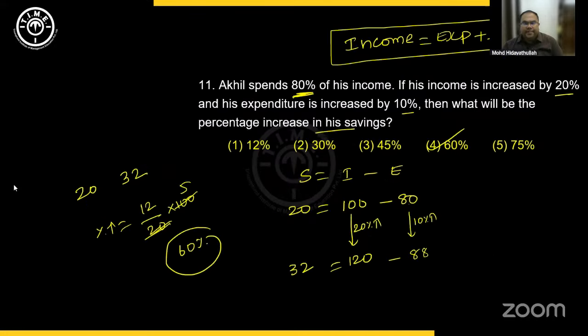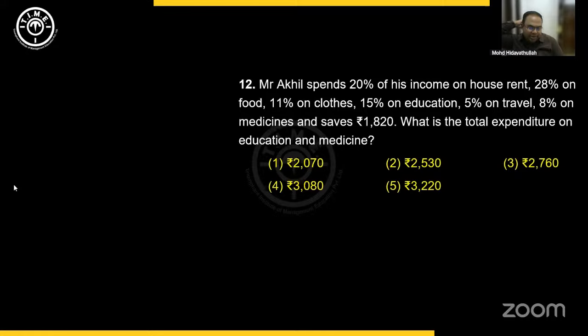Let's move ahead. Right. Next question. Question number 12, students. This is important. Mr. Akhil spends 20% of his income on house rent, 28% on food, 11% on clothes, 15% on education, 5% on travel, 8% on medicine, and saves 1820. So, how much is he spending on